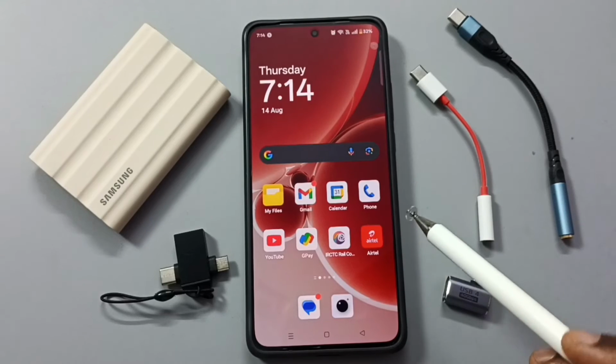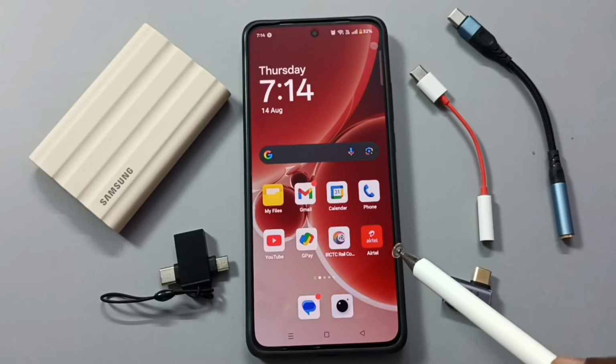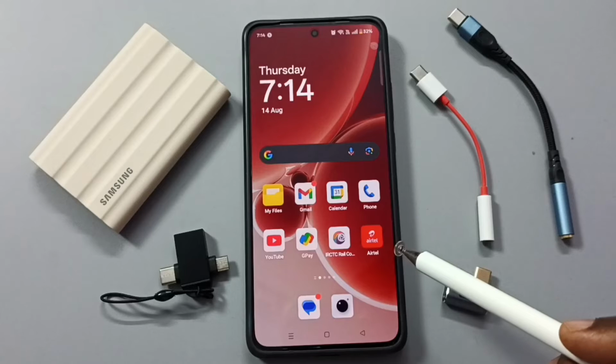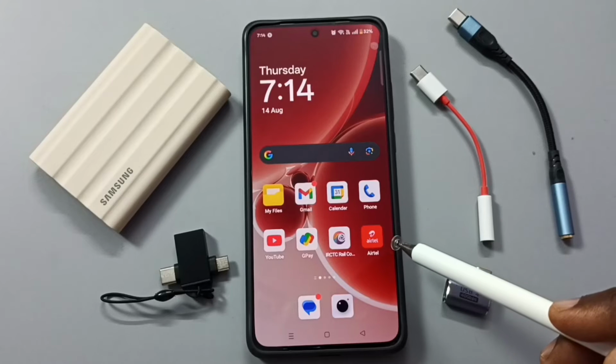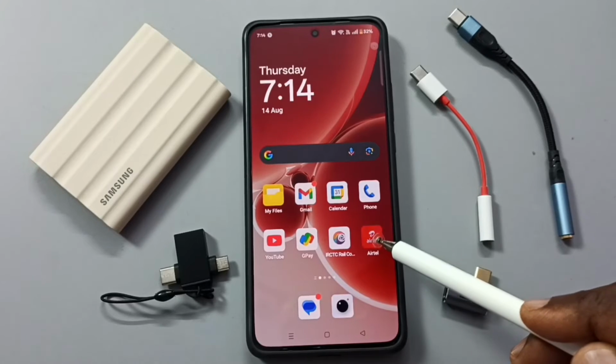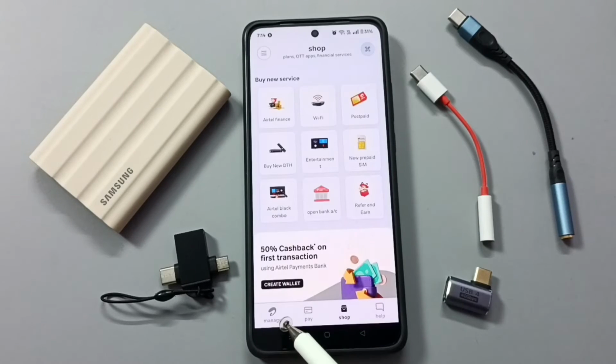Hi friends, this video shows how to claim or activate Perplexity Pro subscription on Airtel Xstream Fiber or Airtel Black plan. First I am going to open this Airtel app, tap on this Airtel app icon, then tap on this